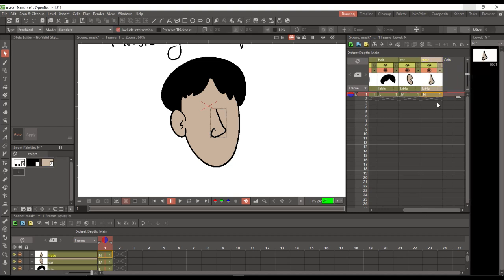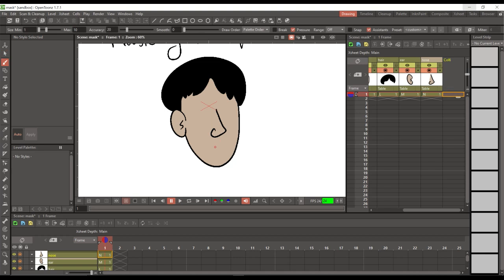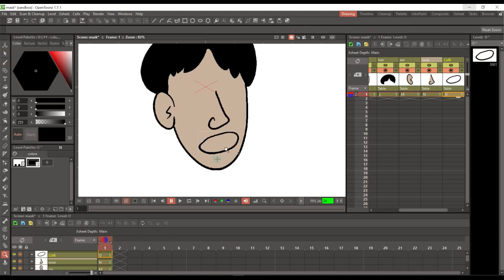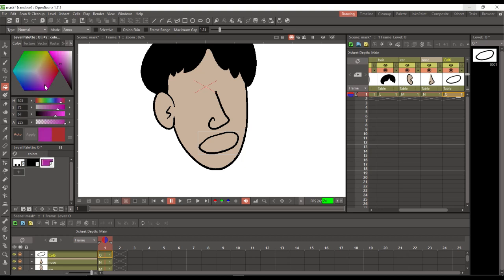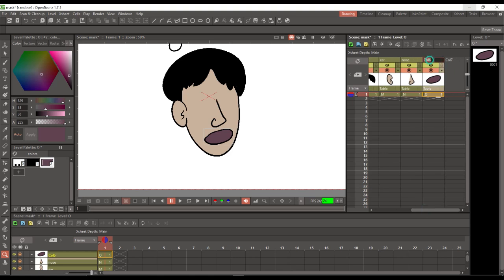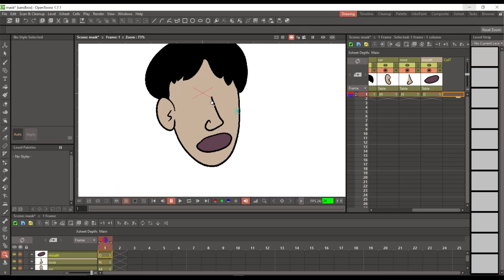This will be the nose, and let's create the face, just create something like mouth color like that. Okay, maybe mouth, and now